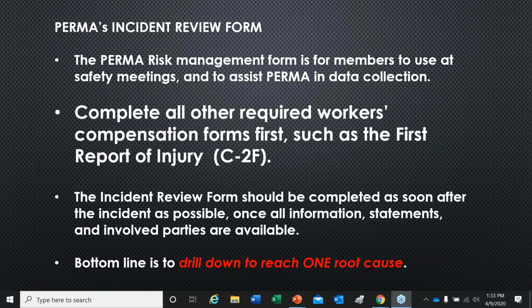So in the dynamics of a well-formed organization's safety committee and safety processes, you would have good training, you would have a good safety meeting that would bring up issues that you have out there. And then if an incident did occur, you would be able to use the incident review forms and bring it back to your safety committee and discuss all those different situations that you found to correct